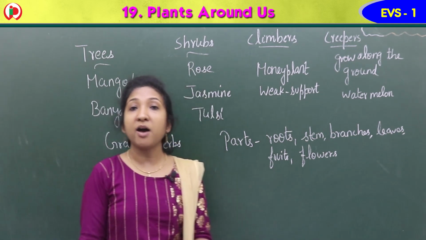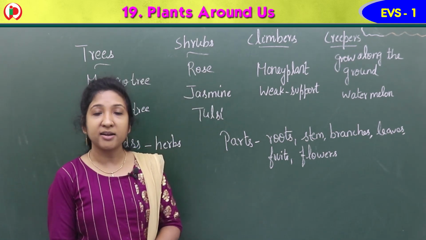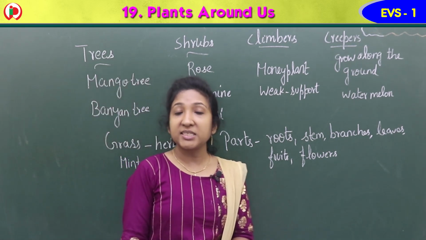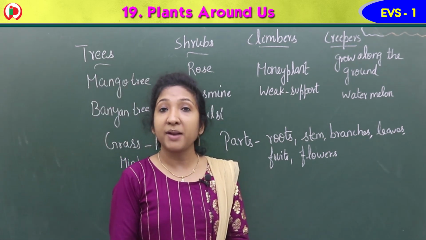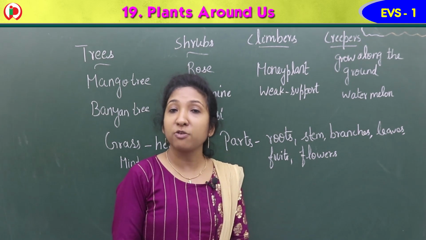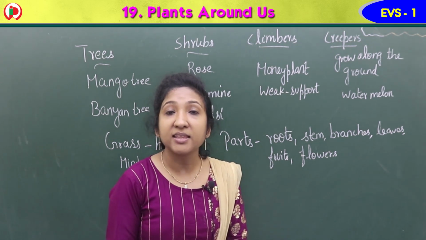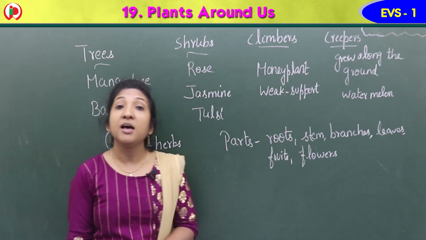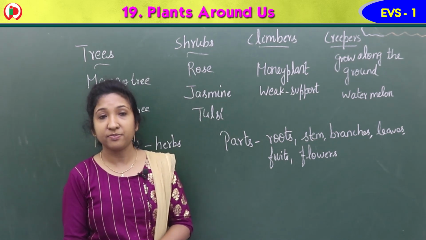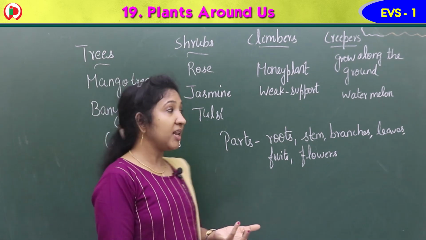So we learned about the parts of a plant. In a plant we can see stem, root, branch, leaf, fruit, flower, etc. So these are the parts of a plant. Then we learned about